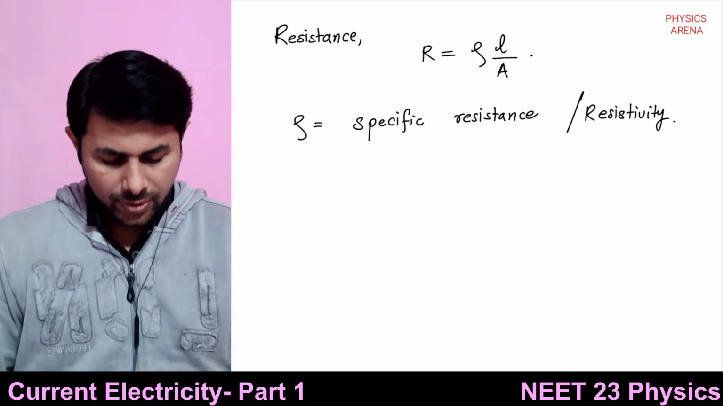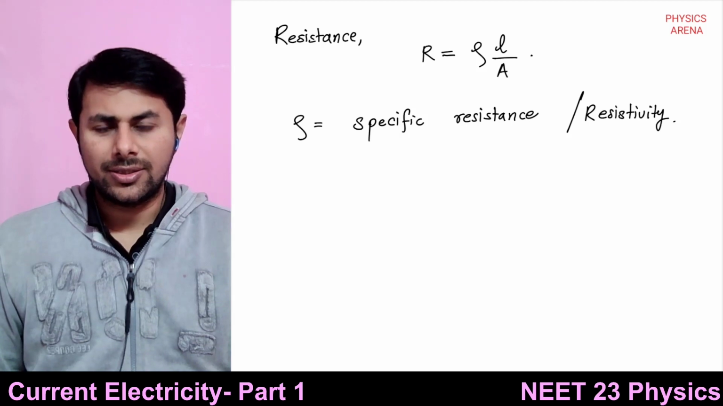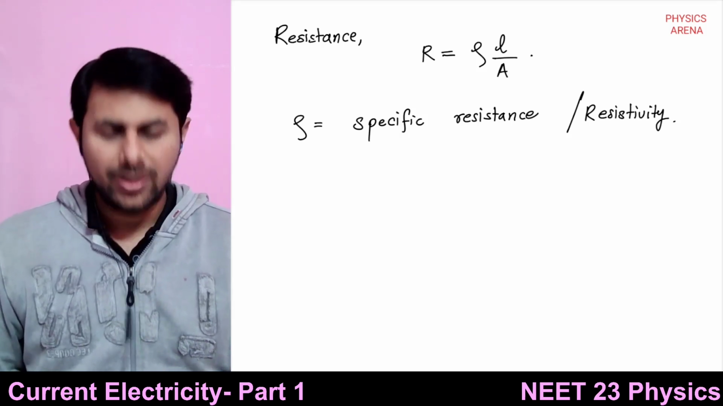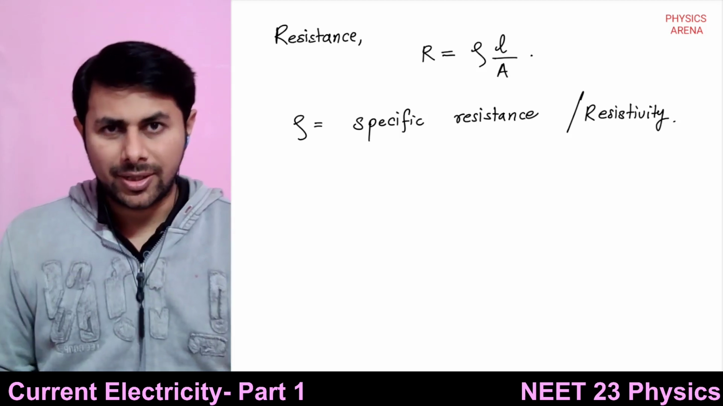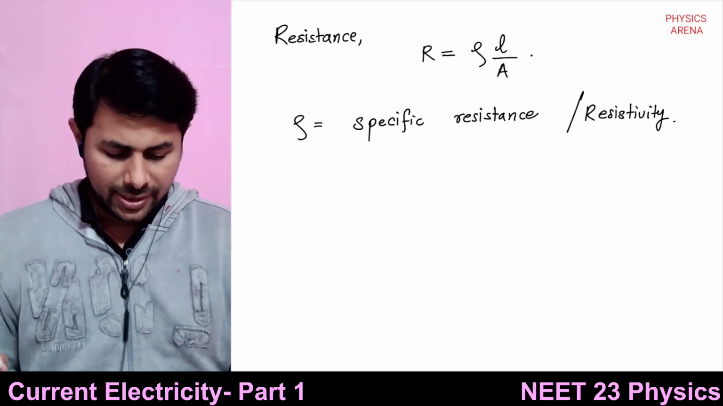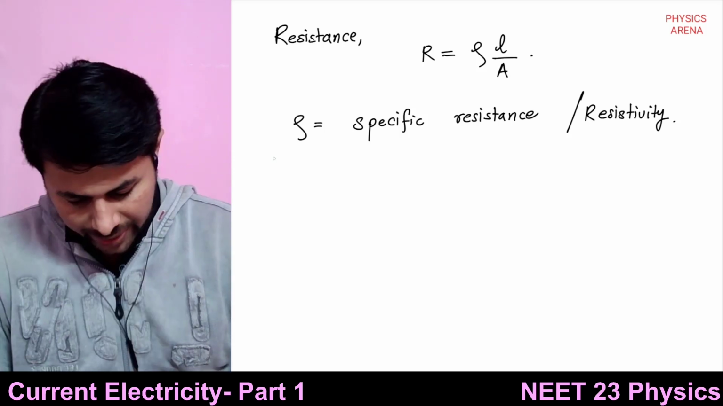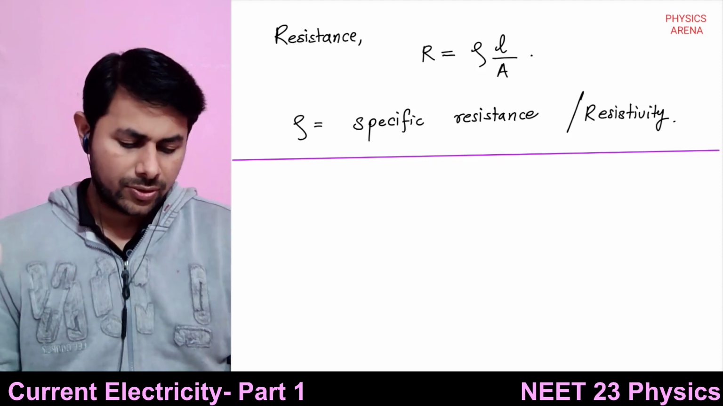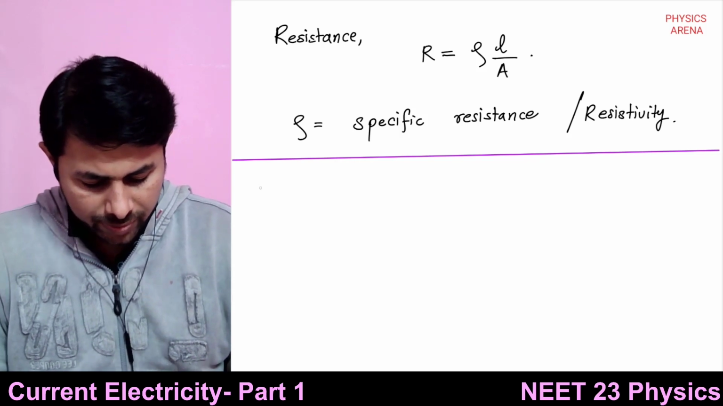Because specific resistance is different for different materials, the resistance of different materials would be different. Even if we have two wires made up of two different materials, with the same length and same area of cross section, since the resistivity is different, the resistance would be different. If I consider this expression for the resistance, it is rho multiplied by length divided by area. Then